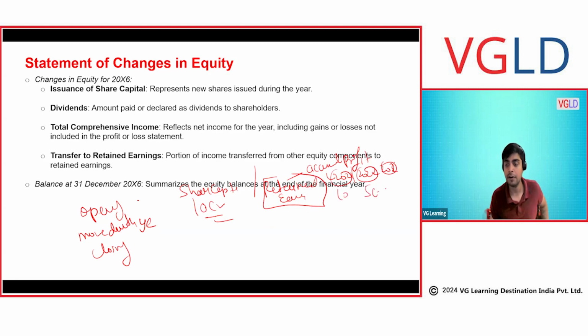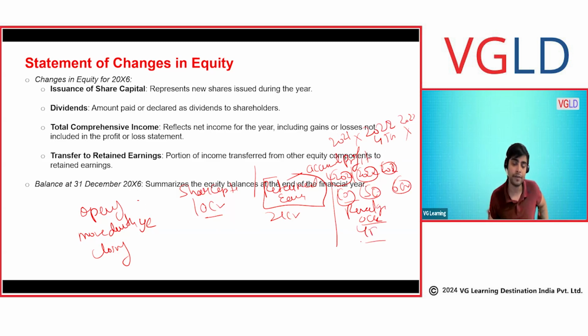Let's say 10 crore, 5 crore, 6 crore. So all this will become a total of 21 crore. This 21 crore would not be looked at separately. Then you have revaluation gain, OCI, whatever has come through the OCI. Let's say in 2021 there was no fair value gain, in 2022 there was suddenly a 45 crore gain, and in 2023 there was nothing. So this would come out to be a total of 55 crore.